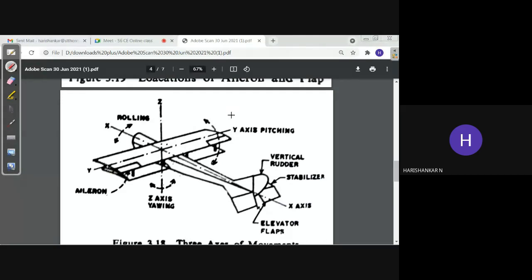If I draw, here there will be a single wheel and here, on both sides of the rear end, there will be individual wheels like this. You can also provide it like this. One wheel is here and here you can provide two wheels,